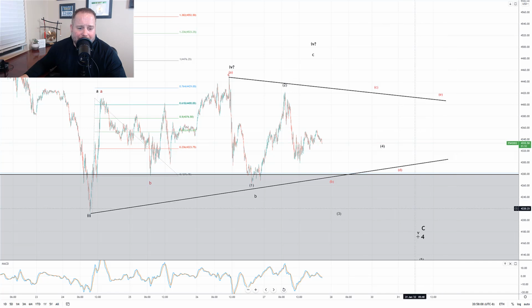One more low gives us the structure we're looking for to complete this C wave down and complete wave 4 so that we can start wave 5 up. That's the big key for what we're tracking. So guys, the theme for today is we are going to be patient and watch and wait. This is a time where you wait for the market to give you more information until one of these